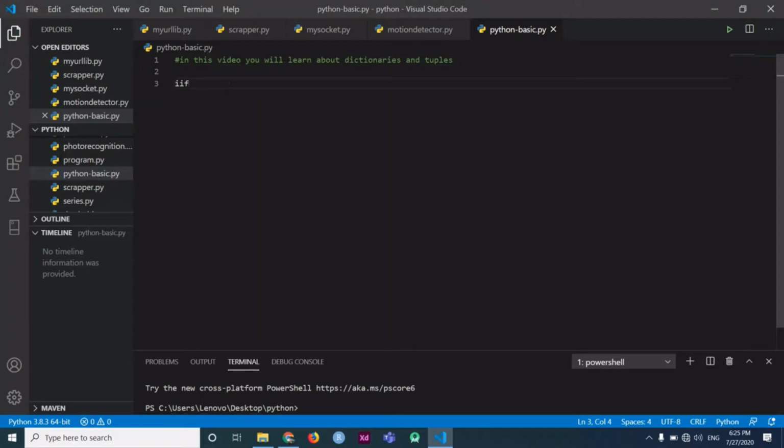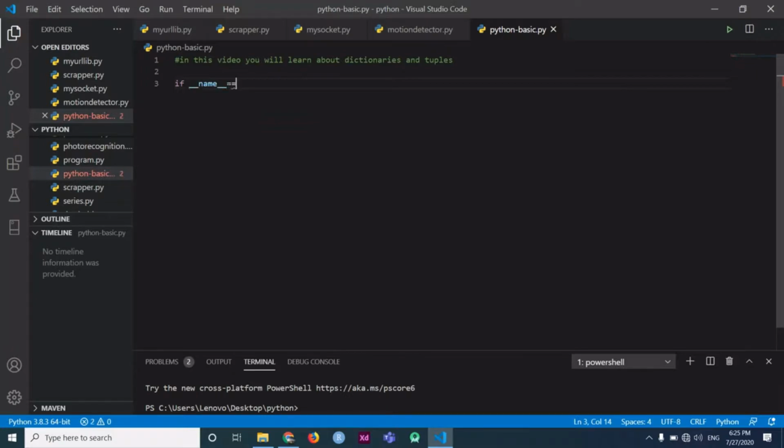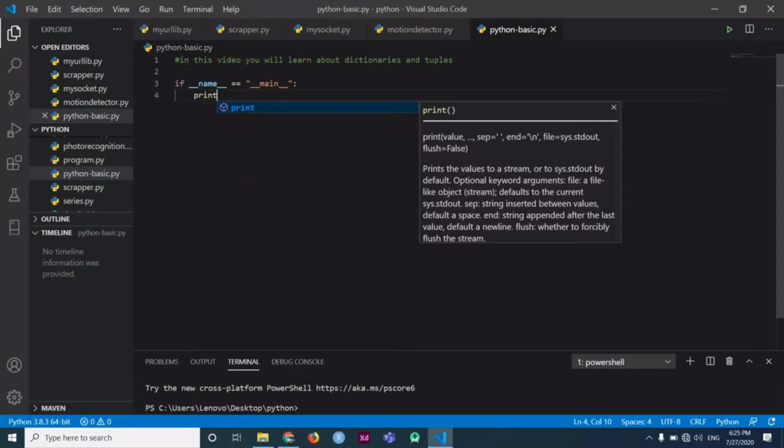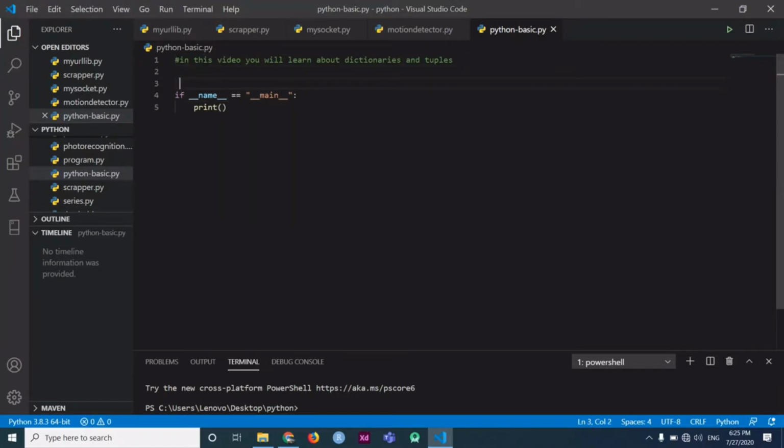Okay, so I'm writing the condition: if name equals main, then I want to print something. So print something. Now, how are dictionaries written? Dictionaries are wrapped in curly braces. So I'm assigning my dictionary. My dictionary equals to,